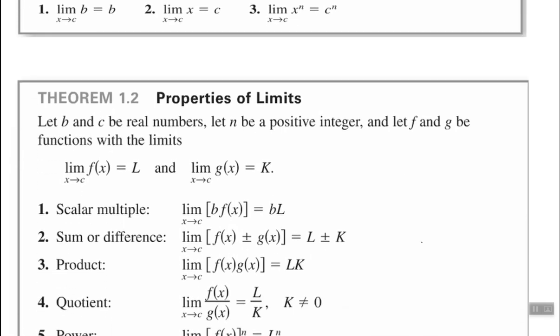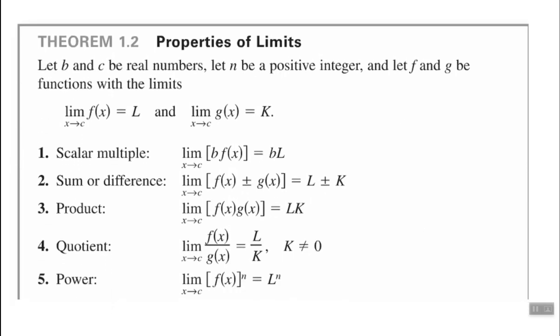Theorem 1.2, properties of limits. Let b and c be real numbers and let n be a positive integer and let f and g be functions with the limits. The limit of the function f of x as x approaches c, we're going to call that capital L. And the value of the limit of g of x as x approaches some number c, we're calling that